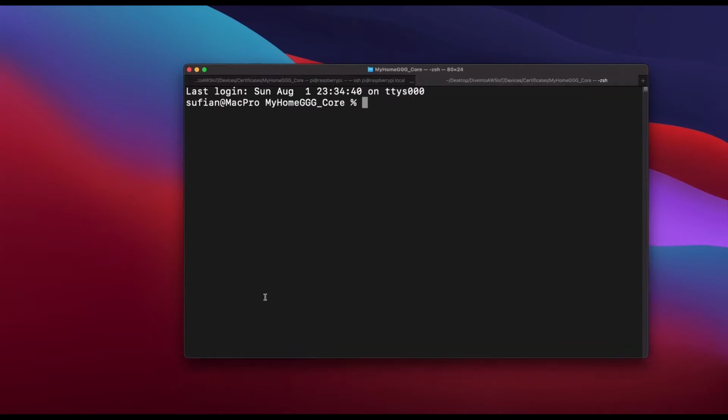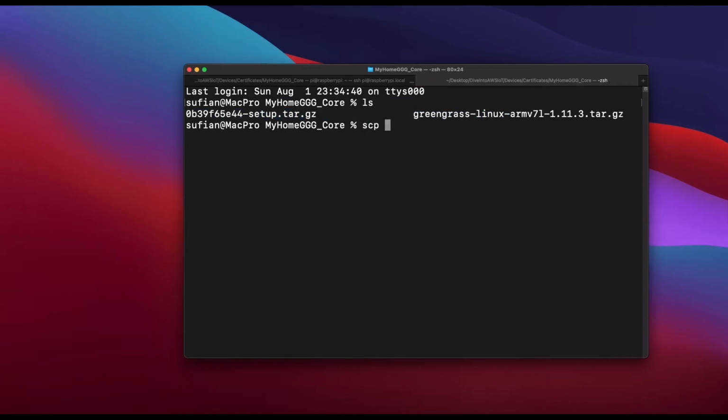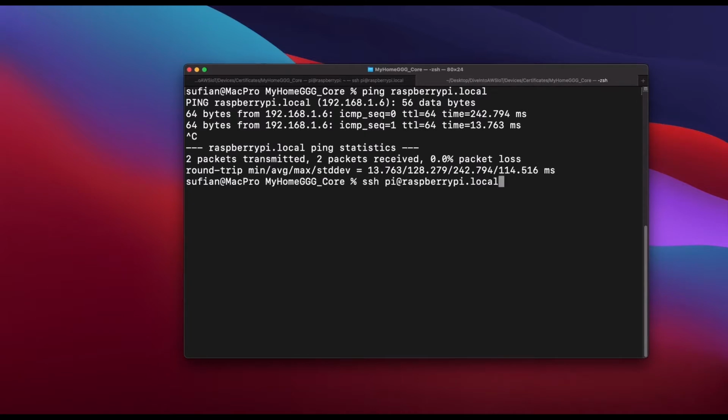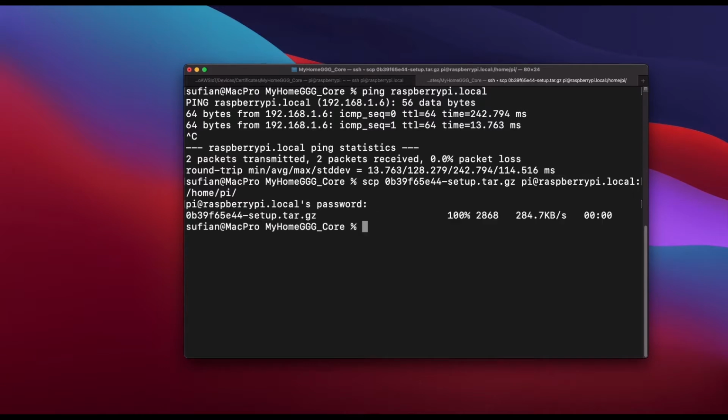Okay, so I'll open another tab. In here, I know that I have two files. Both these files need to go to my Raspberry Pi, so I'll use SCP to copy them. Copy this file to pi at raspberrypi.local, into the home pi folder. Here, does it work now? Yes, it does. So now I will do SCP. It asks me for the password. Okay, done. So this one got copied.